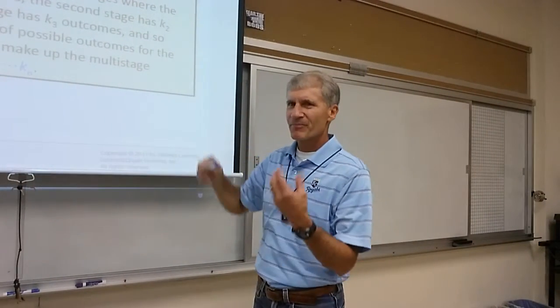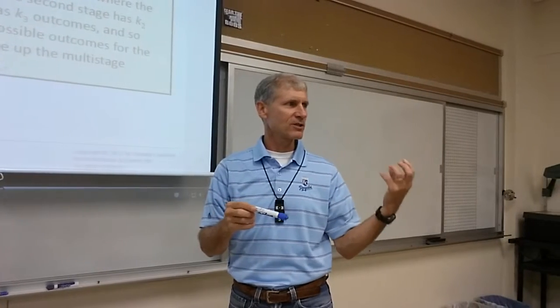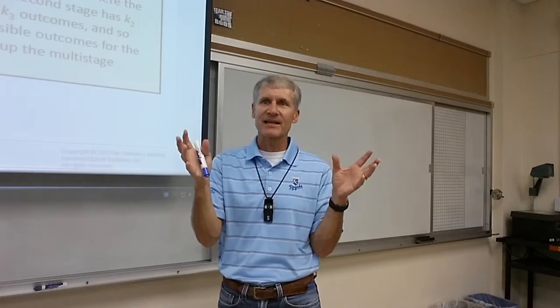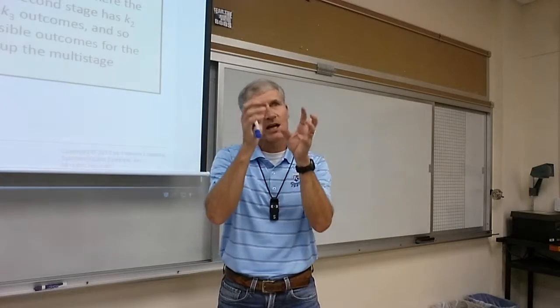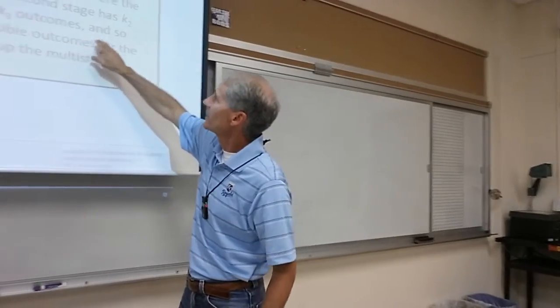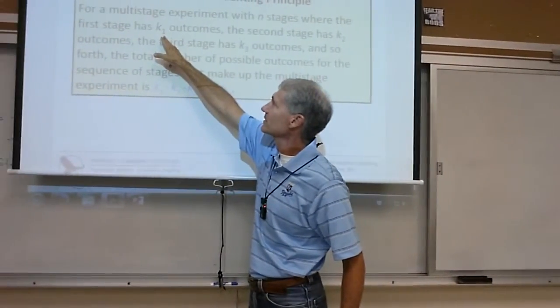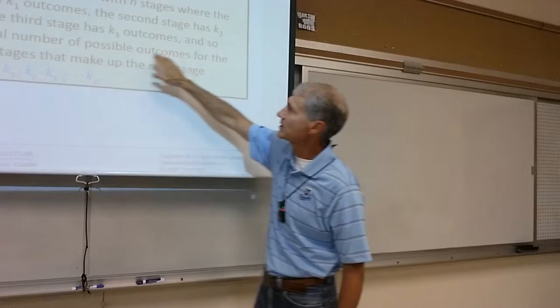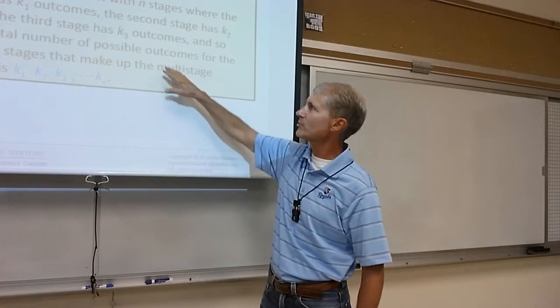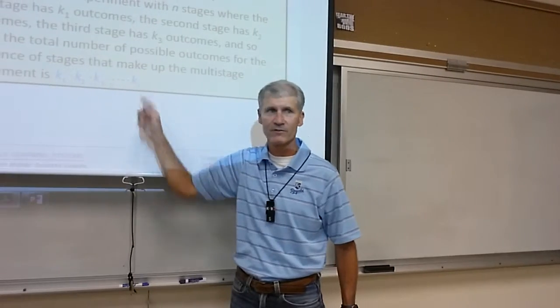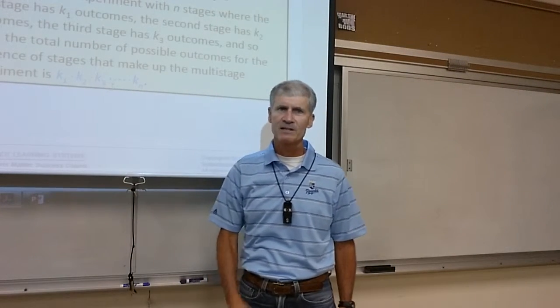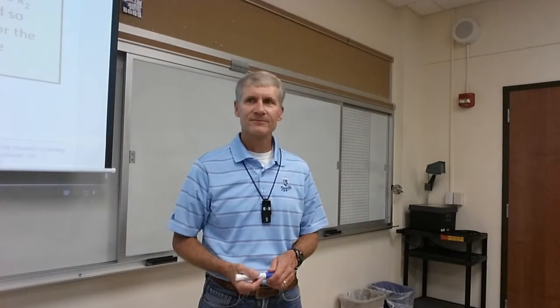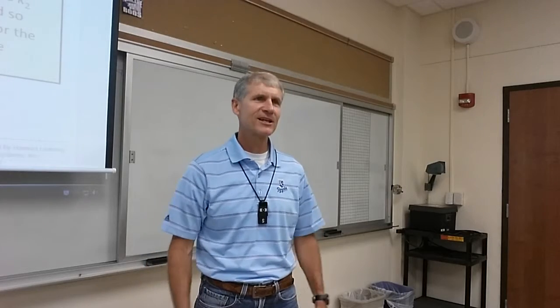Multi-stage experiment. So that means you do one thing, then you do another thing, then you do another thing. Now, it might all sort of be happening at the same time, but at least if you can break it up and say, well, you got k things like this and k things like this and so on, right? So if the first stage has k1, the number of kinds for the first stage, the number of kinds for the second stage, third stage, and so on, then the total number of possible outcomes is just the product of those. Okay? Did we talk about the pizza problem? How many pizzas can you make? Yeah, we did.